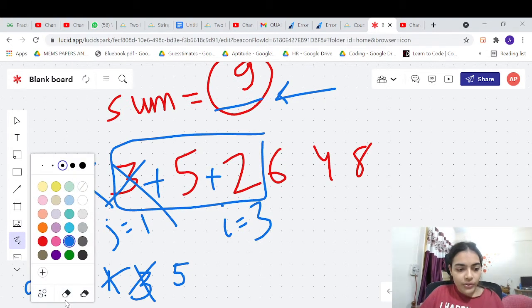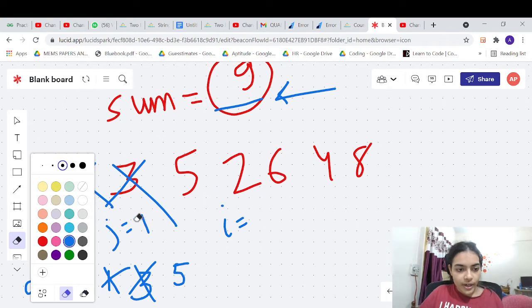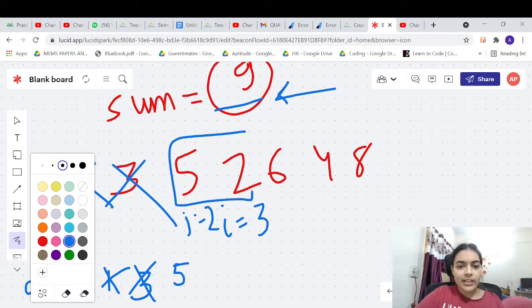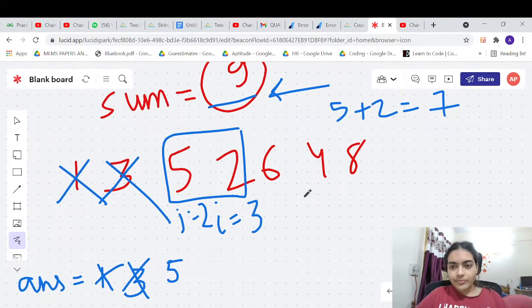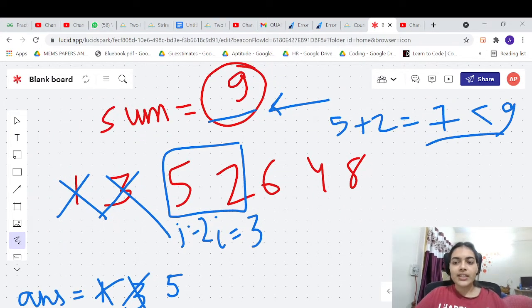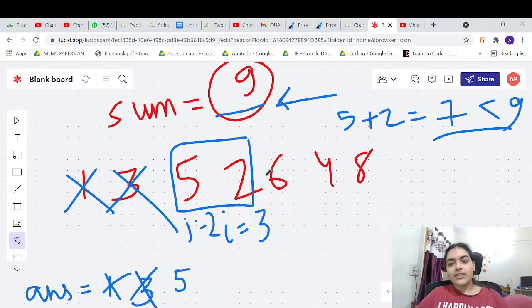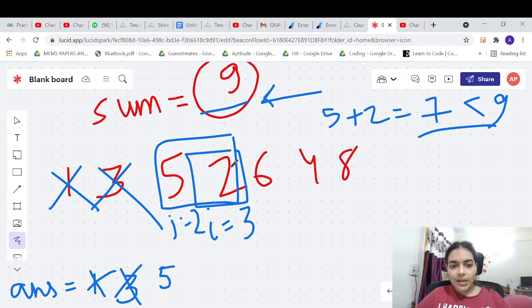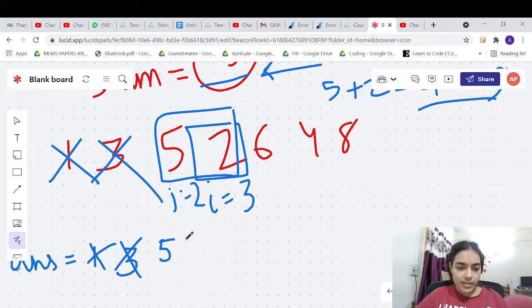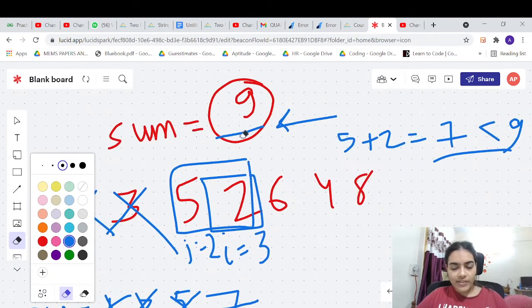Okay, let's start removing elements now. So we'll remove this element and we'll go forward. So in this case, j is equal to 2 and I is equal to 3. Now you are at this subarray. So 5 plus 2 is 7, right? So 7 is going to be less than 9. So in this case, we have easily got subarrays that are helping us, right? You can take the subarray 2. You have not taken the subarray 2 before. You have not taken the subarray 5 plus 2 before. So both these subarrays you can add to your answer. So 5 plus 2 is 7. So your answer is 7. You have found 7 subarrays till now which have sum less than 9.